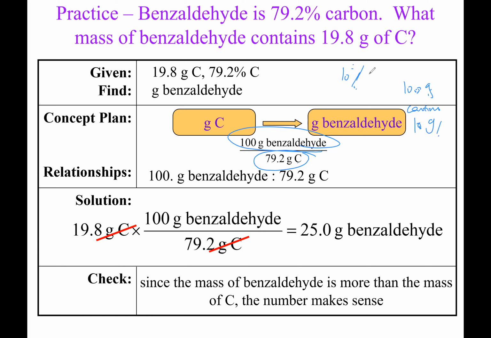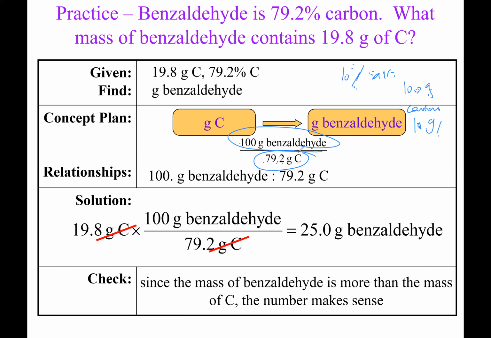Or a 10% salt water solution means every 100 grams of the solution contains 10 grams of salt and 90 grams of water. So if you say 79.2% is carbon, for every 100 grams of benzaldehyde, 79.2 grams of that would be